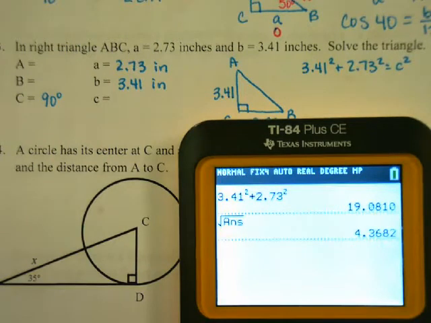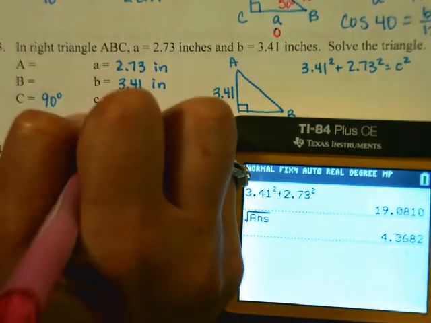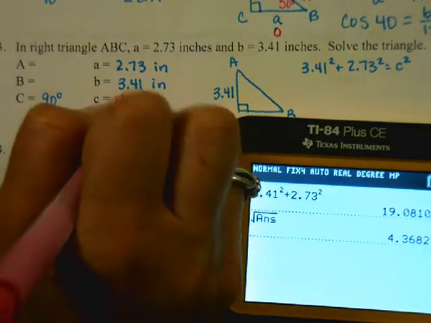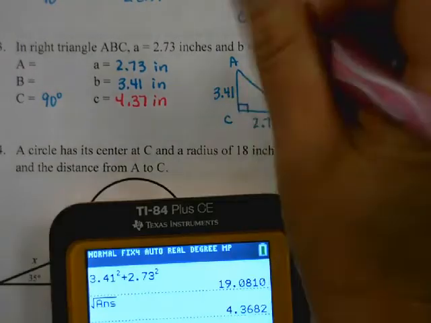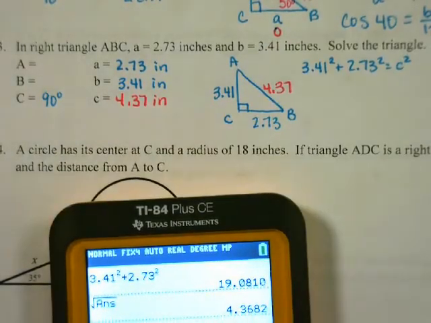What's c? 4.37, perfect. Okay, now what do you want to find? Angle A. Okay, so if we find angle A,